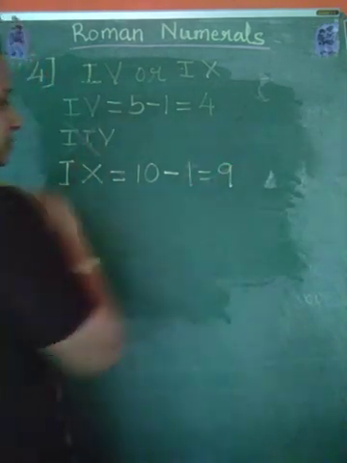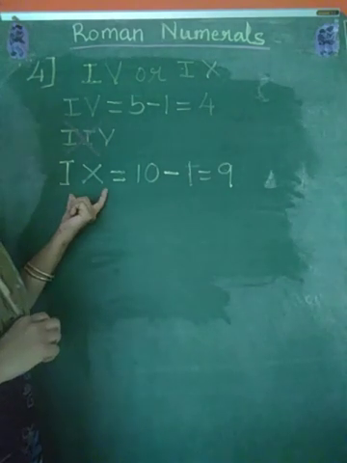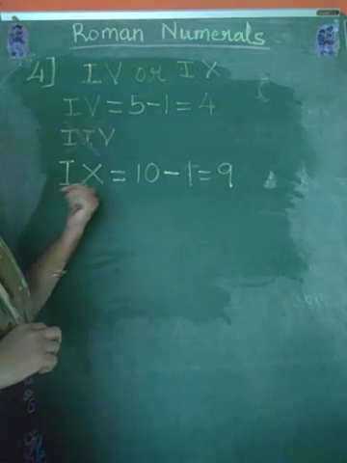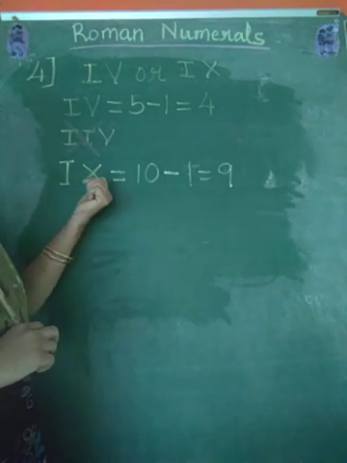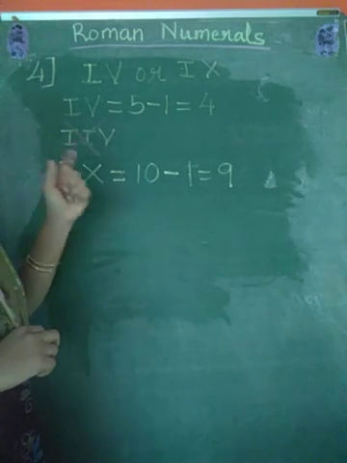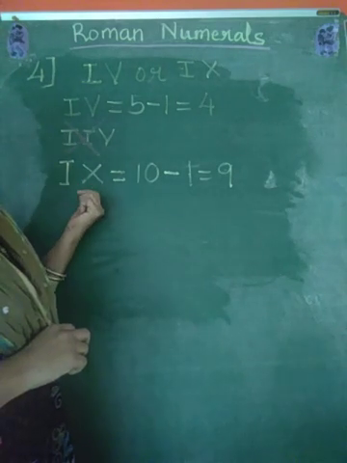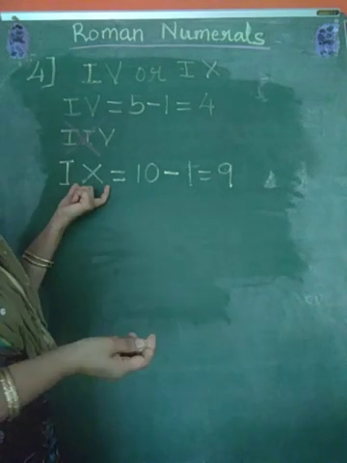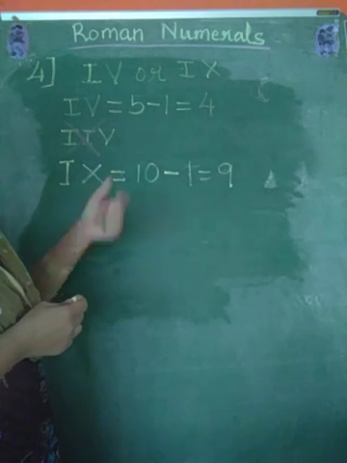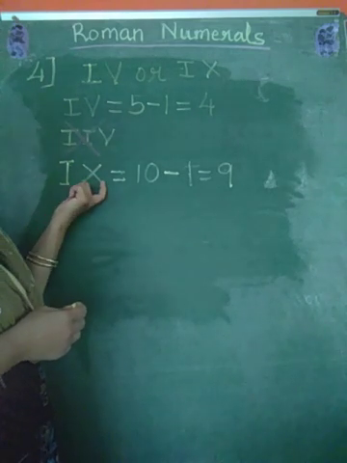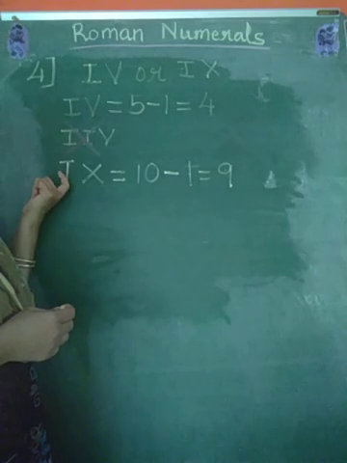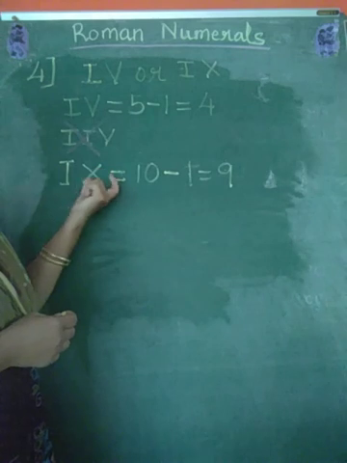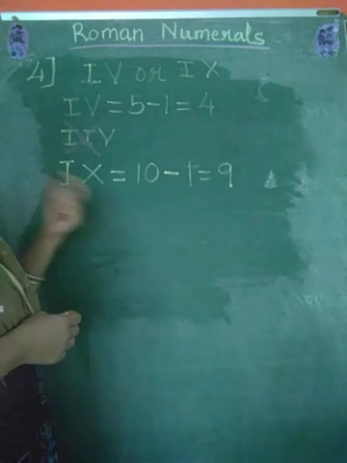So when you reach standard 9, you should not forget how to write the symbol for 9th standard. You will be writing IX and not XI. XI you have already learnt: X, when it is written on the right hand side of the bigger number, gets added. So 10 plus 1 becomes 11. Whereas here we are writing it on the left hand side. So since it is written on the left hand side, it is getting subtracted from the bigger number.